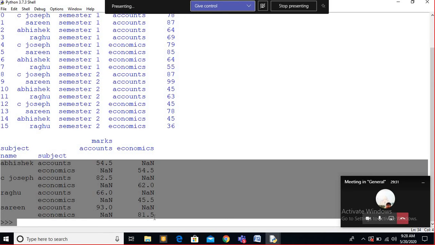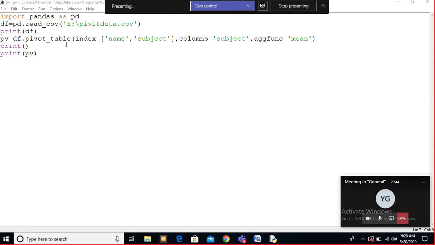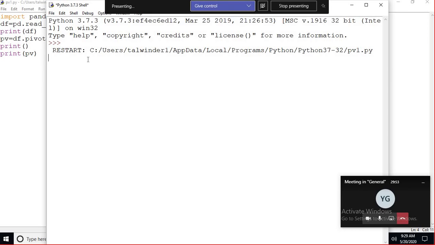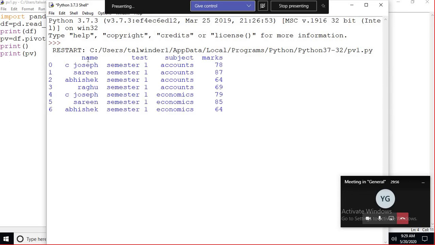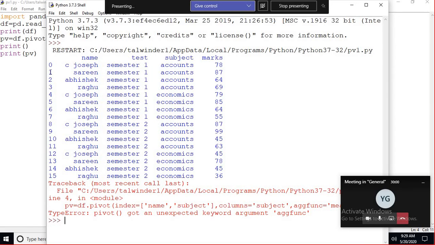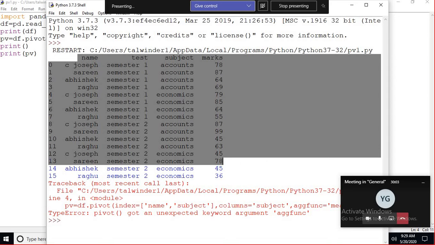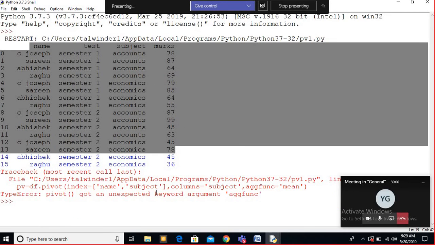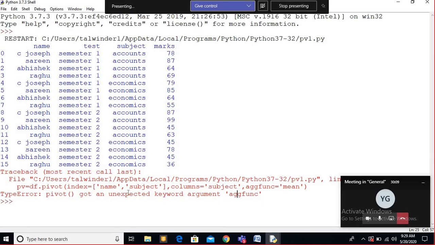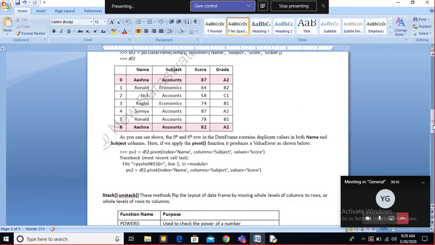Sir, if we write pivot alone, it will give an error. What, beta? If we write just pivot instead of pivot_table, it will give an error. Let me show you right now. Look, the data frame was fine and it is printed, and in this it is showing the error. Why? One is the keyword argument that I told you, and one is the duplicacy. The same error is printed here. I showed you earlier also.